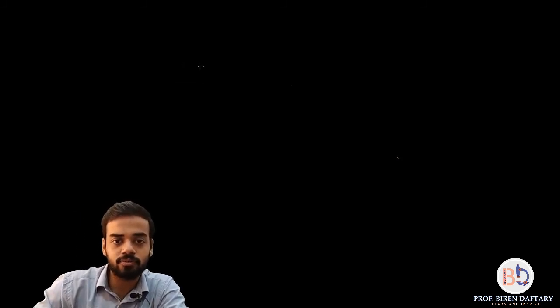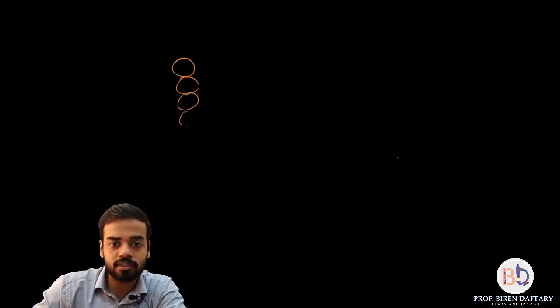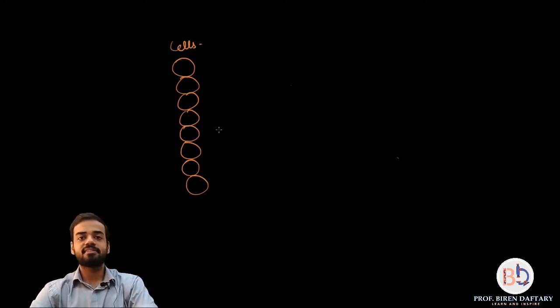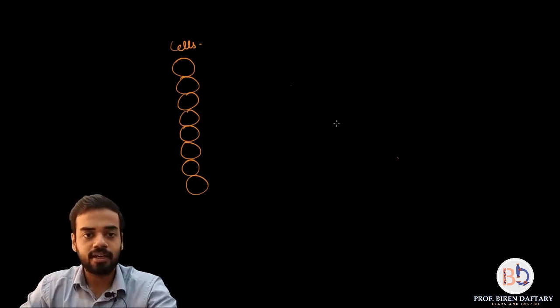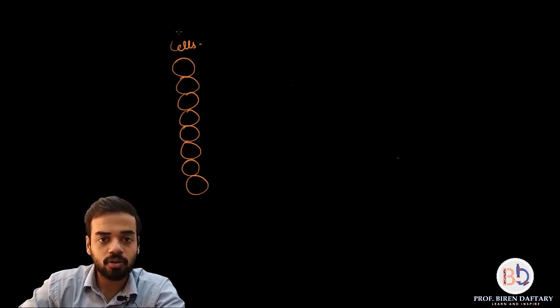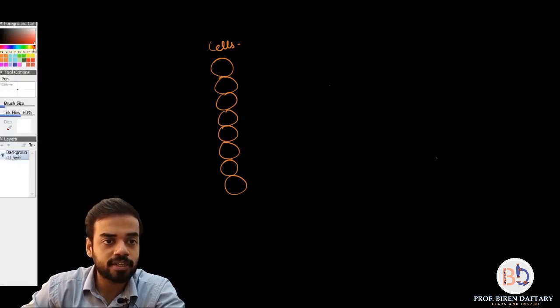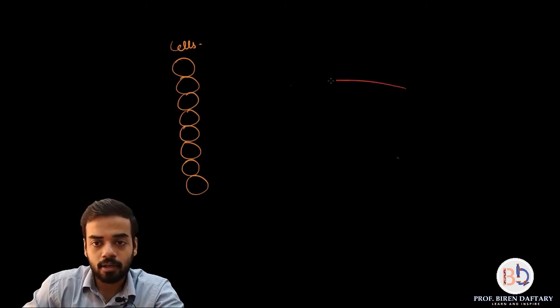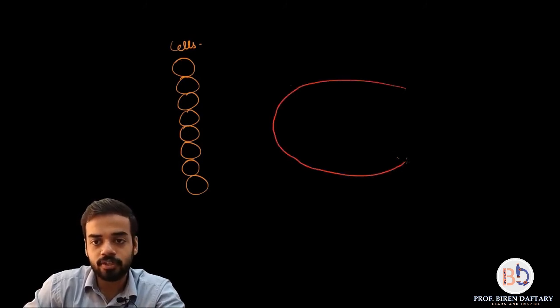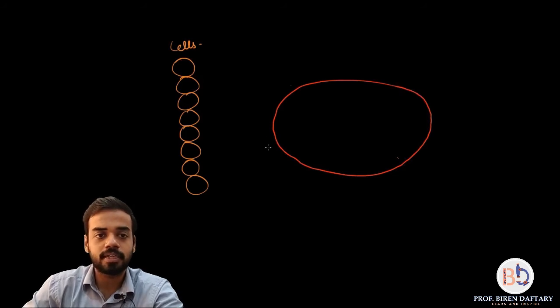Okay, so now just imagine this is the tissue, all these are the cells, and these cells are undergoing respiration and they are releasing carbon dioxide, correct? And now let me draw an RBC over here. So if possible we can choose the red color. Okay, so I am drawing an RBC over here. This is the RBC, correct?